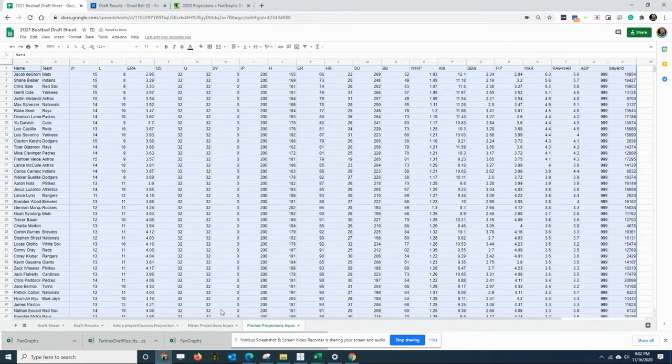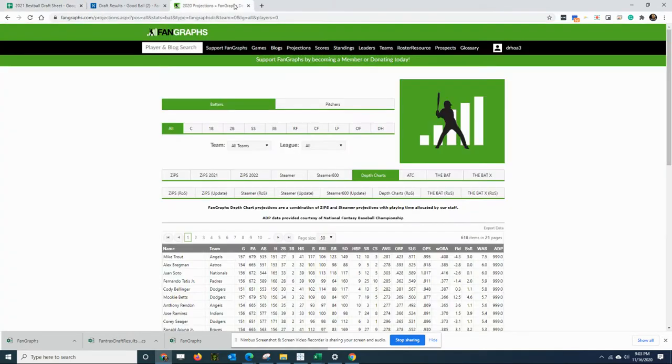Now let's do the same thing for the pitchers. We'll go through and delete the info that's there now. The reason is because different times the projections have a different number of players in them. If you don't delete the old information, it could lead to some duplicate players and that kind of thing. So we'll go ahead and grab the pitchers,